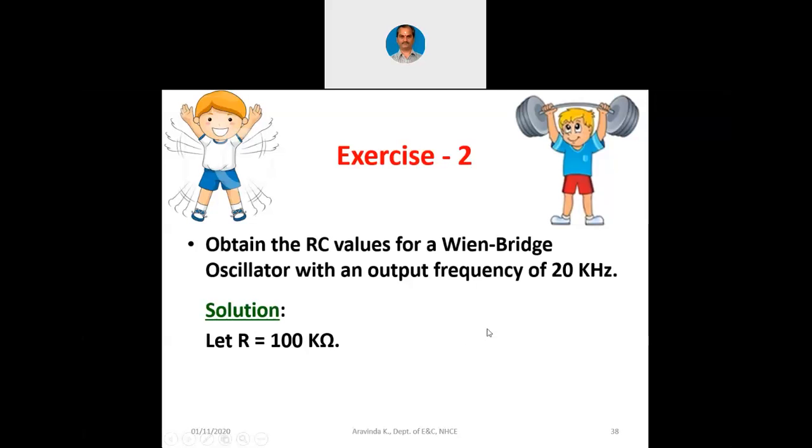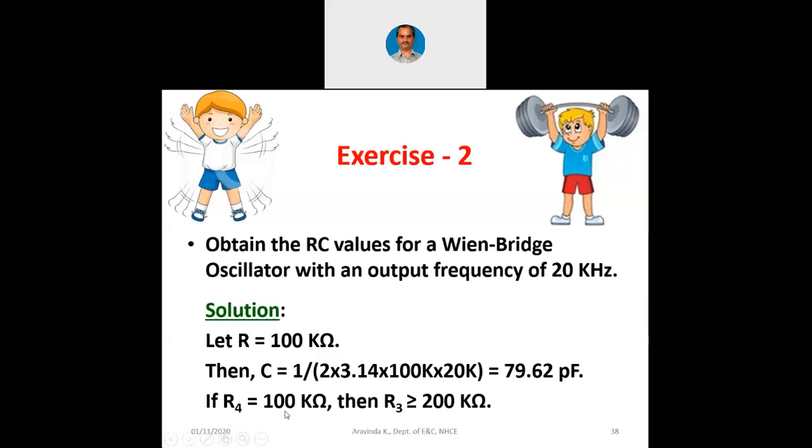Let R be equal to 100 kilo ohms. Then we get C equal to 1 over 2 pi R F. We get the capacitance value as 79.62 picofarad. So we got R, we got C. Now, if R4 is 100 kilo ohms, then R3 has to be greater than or equal to